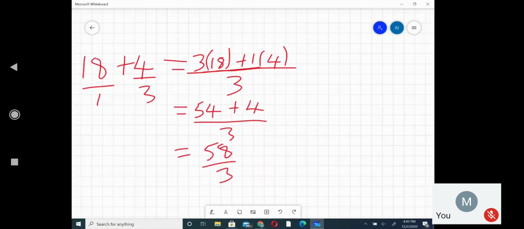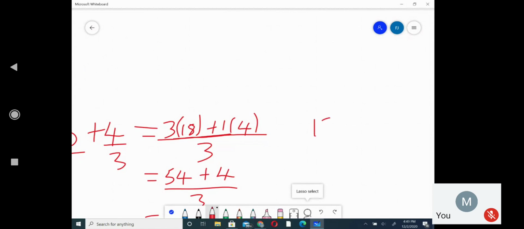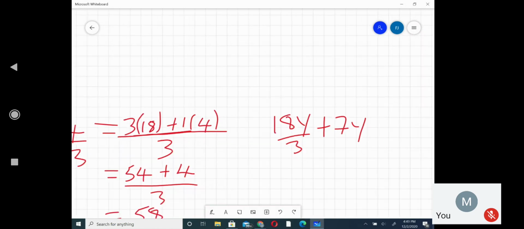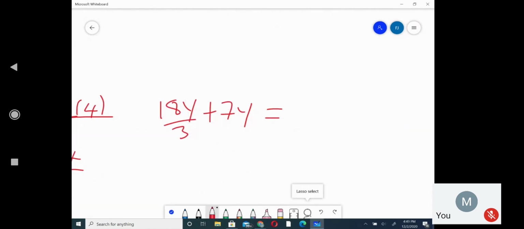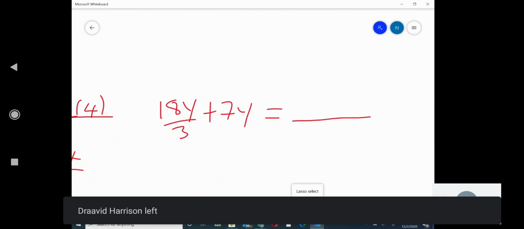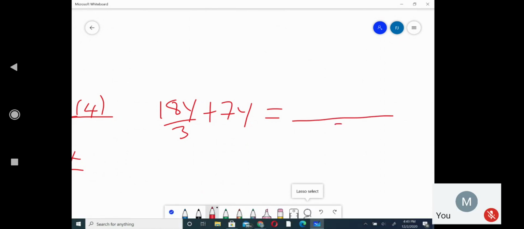Let's work it this side. 18y over 3 plus 7y. First thing we need to do is find the common denominator, which would be 3. And then